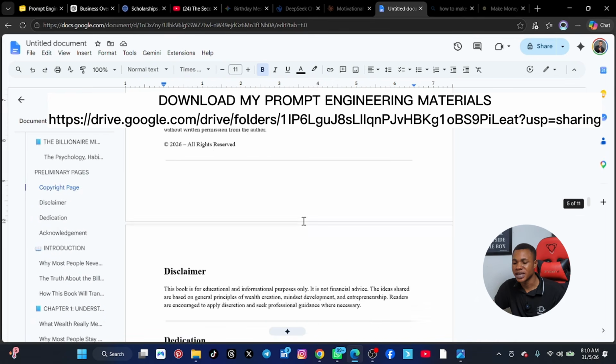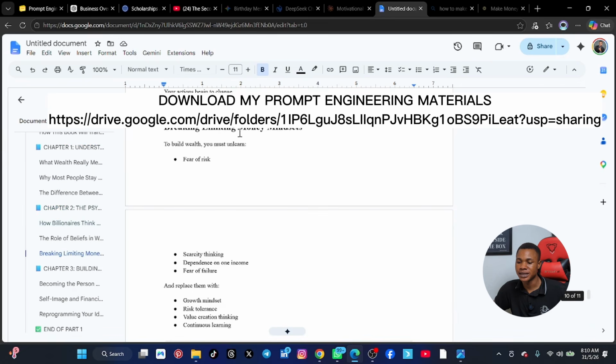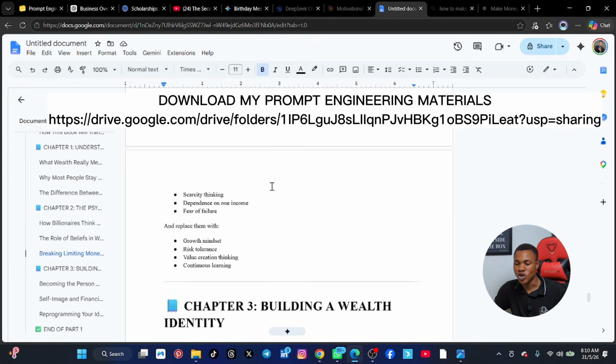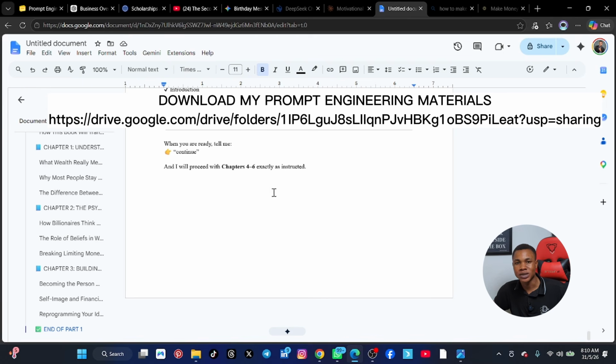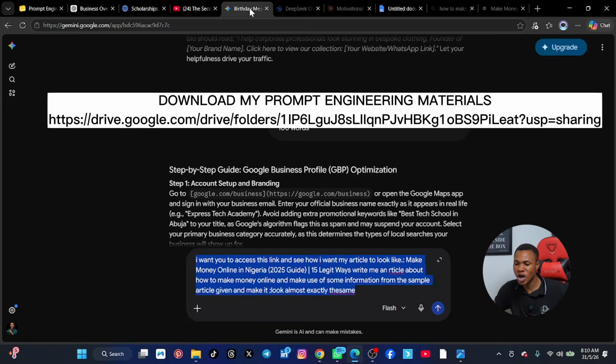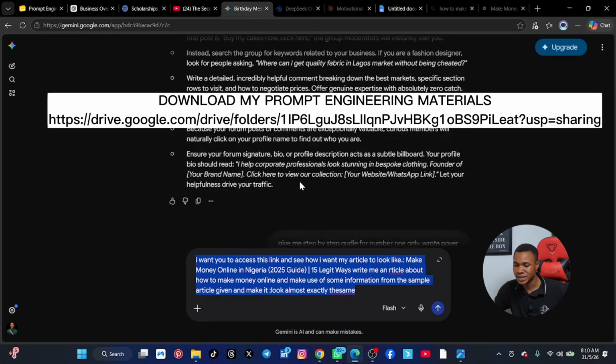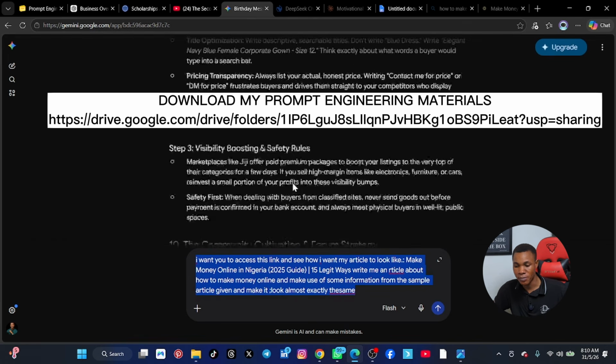Now there's one thing I want to teach you. Some people post AI content with stars. Just copy it, you see stars. Normally, if a write-up has a lot of emojis,